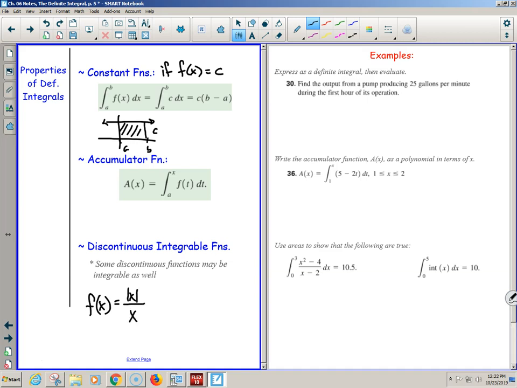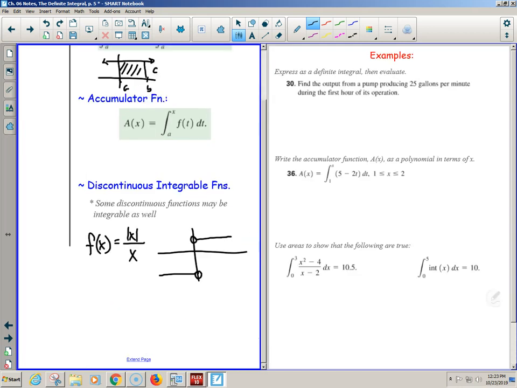You guys should be used to this one. Isn't this the derivative of absolute value of x? And doesn't it look something like, oh, hey, on the negative side, they're all -1. On the positive side, they're all +1. But at 0, it doesn't exist, because 0 over 0, even though in limits we would still go looking, 0 over 0 is a DNE. What if I wanted us to find, for instance, an integral